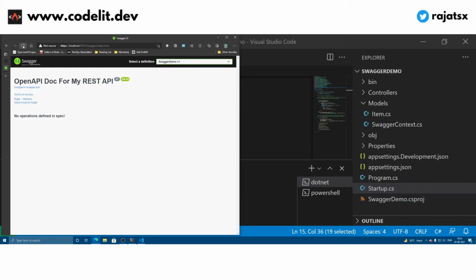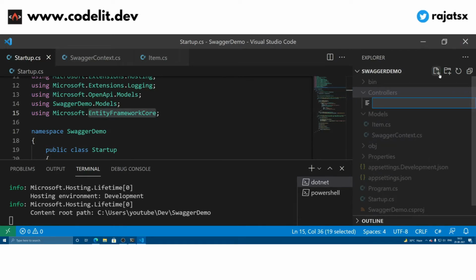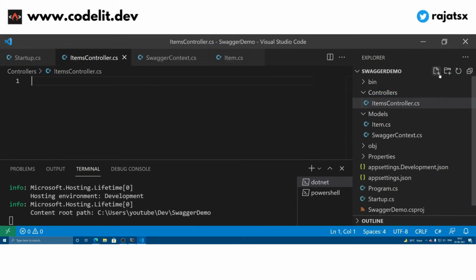So if we reload this file again, as of now nothing is defined because in our controllers it can find no controller. So let's create a controller because that is how the Swashbuckle package scans your API and discovers everything, right? So let's create a controller called ItemsController.cs.